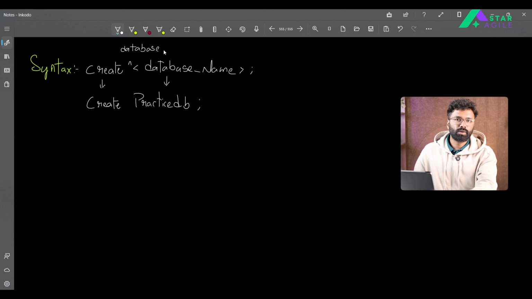Okay, this is the one more word which you need to add here. So basically the command will be create database, and the name of the database is Practice DB. Why the name of the database is required here is